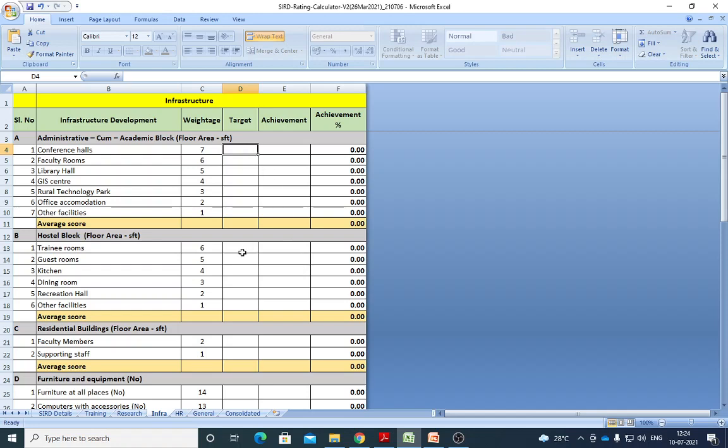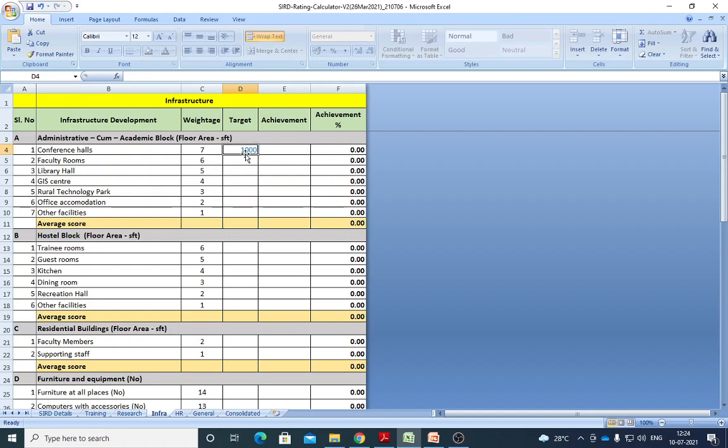So conference halls: you requested from MORD or the state government fund, whatever it is, one conference hall of about 1000 square feet. Now that got sanctioned. Okay, 1000 square feet area got sanctioned.